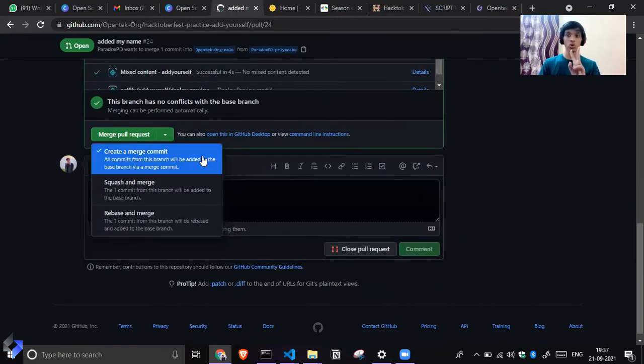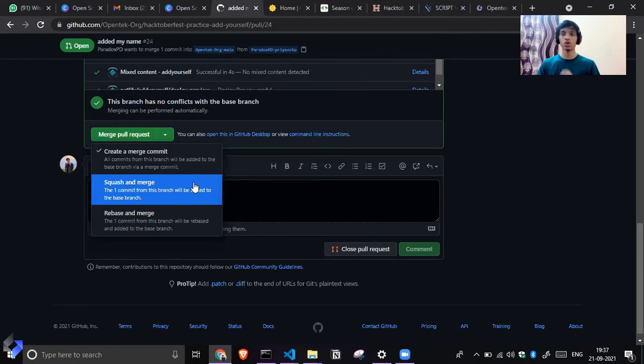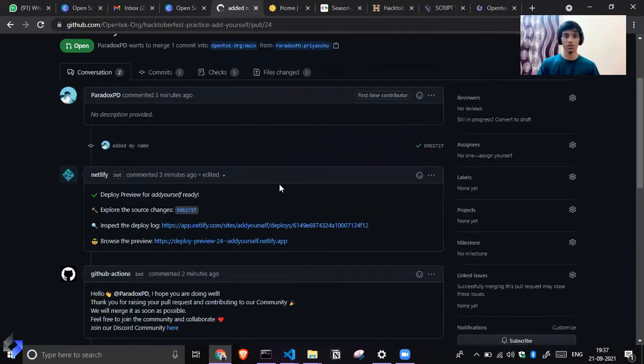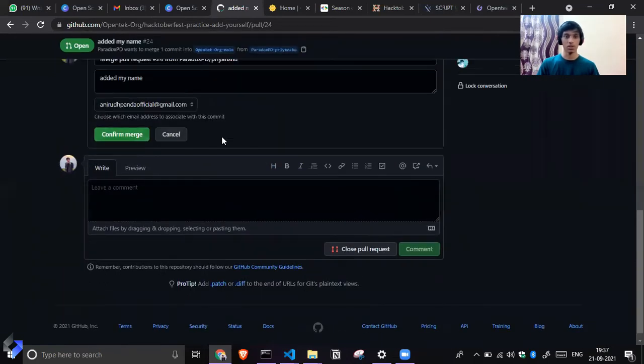So now there are two commits for me to merge. What I can do is squash and merge it. The two commits will be converted into one commit, and then we can merge it to the base branch, which is the main branch. I'll just create a merge commit here because there is only one commit, done by Priyanshu. So I'll just merge here.